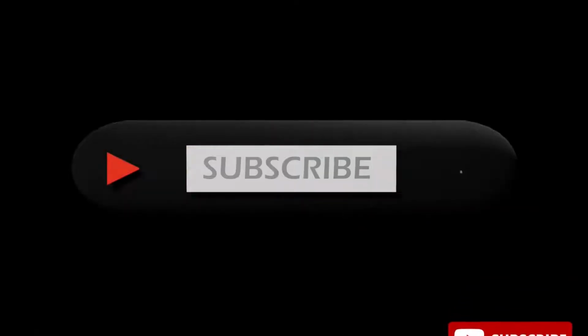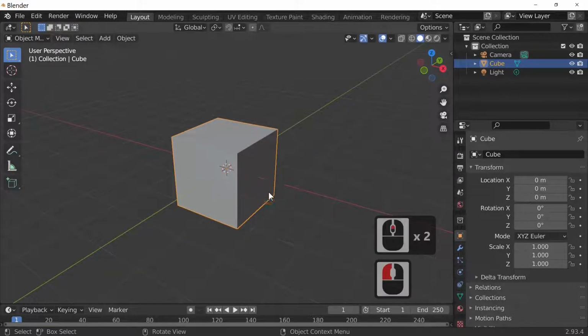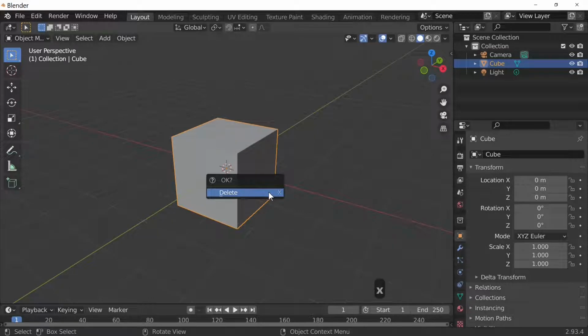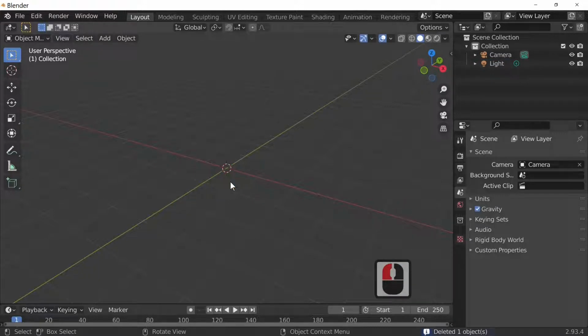Let's begin. So we're going to actually create the sphere as shown in the animation just a few seconds ago. So right, we don't need our cube. Right, there's two ways of getting rid of the cube. You can press the X key and that'll fetch up a menu like so, and then you can hit delete. The alternative is that you can hit the right mouse button and delete it that way. Just a couple of ways of deleting the default cube. I must have deleted thousands by now.